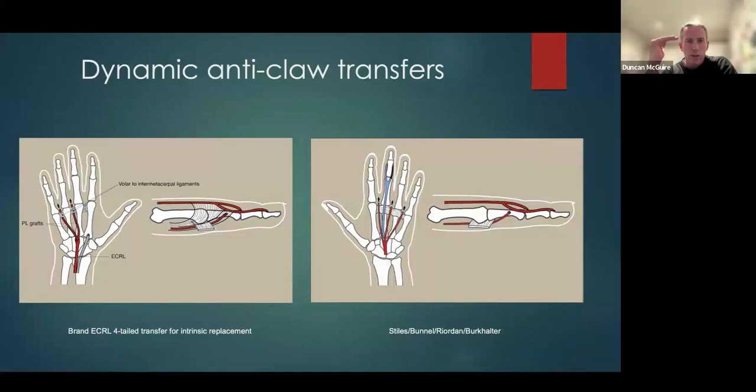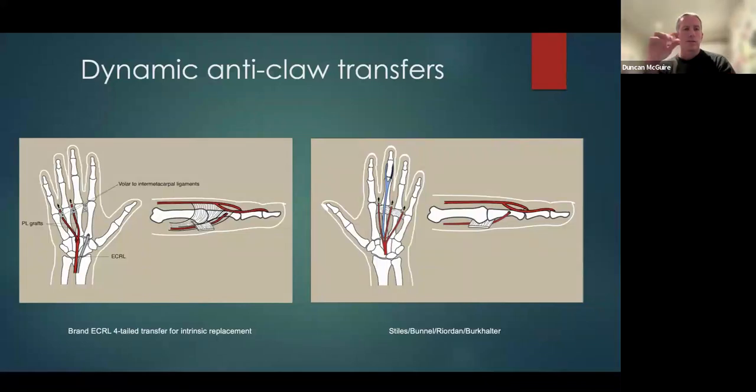So the one we do is the Brand ECRL four-tailed transfer. That's the one we normally do. What you do is you take ECRL. You can do a volar or a dorsal approach. The volar is better because if it doesn't work as an active transfer, it can work as a tenodesis effect. So you take the ECRL from dorsal, you pass it to volar, and then you take tendon grafts, palmaris usually,